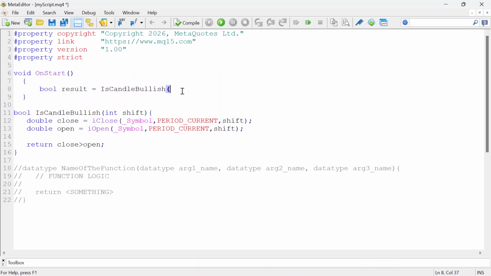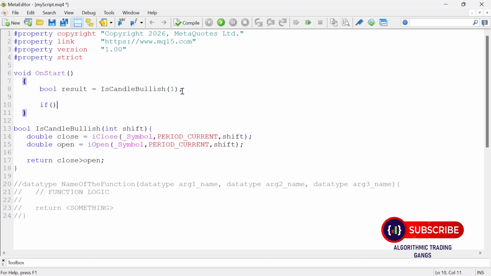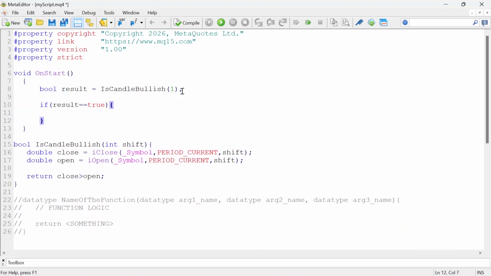Then we can specify the index of the candle that we want. Let's say we want the recently closed candle. We want to know the candle nature, whether the recently closed candle is bullish or not. So we can close this. Then we can say, if the result equals true, what we want to do is to alert